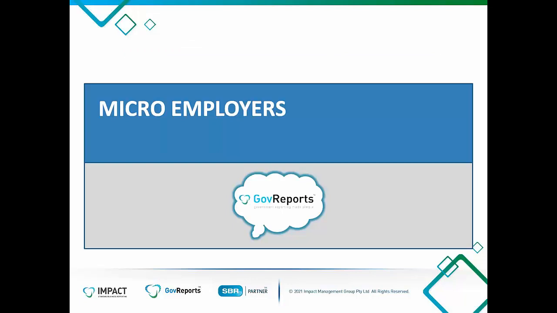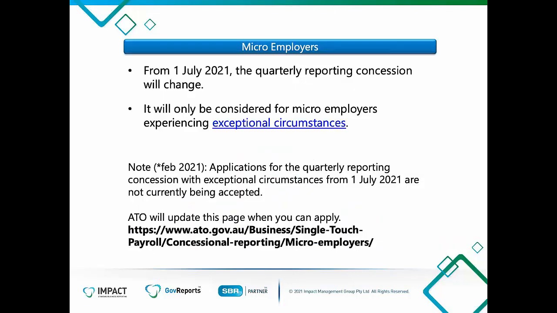So then we move to micro employers, which of course previously were 1 to 4 employees. It's just the intermittent were sort of the separate group. Now they're all going to be put together, and it is again from the 1st of July the quarterly reporting concession will change. They're really going to limit the amount of people that are going to have that quarterly concession. You absolutely have to have exceptional